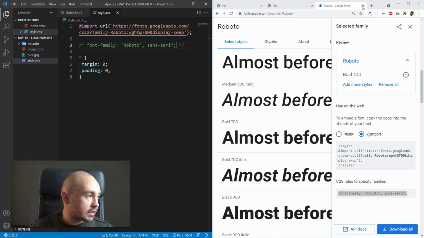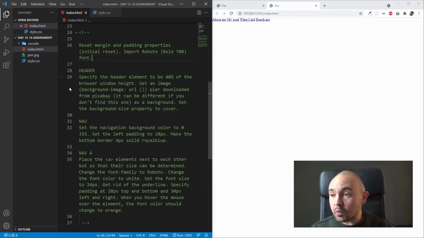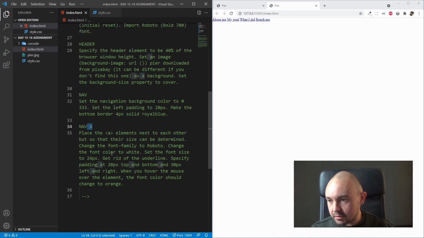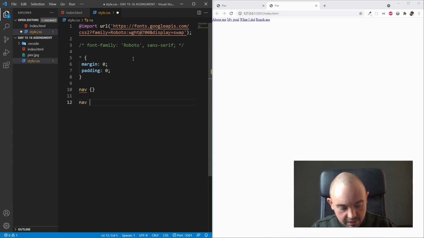Let's close this Google Fonts site. And let's go back to our guidelines to see what we have to do. As you can see, we have already placed all the selectors we want, so we can refer to it in our style CSS. But let's place it in a proper order. It doesn't matter so much, but let's keep it this way. We have navigation, we have a tag in our navigation, and we have header,